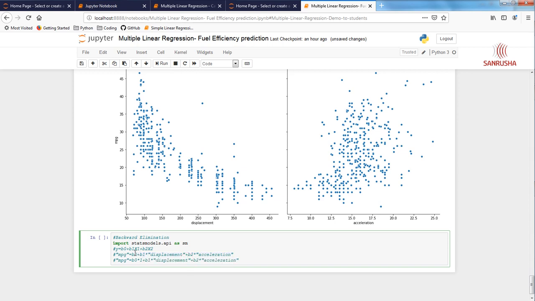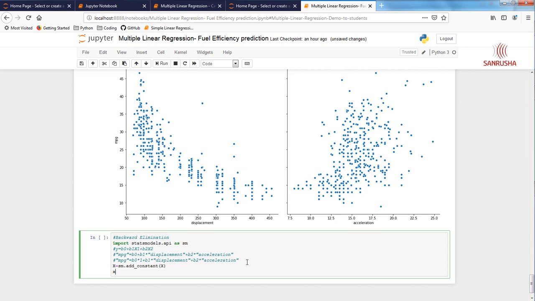That means we have to have one more feature added to this table, and that feature has value only 1. To add that, there is a very simple command. We're going to say x equals sm.add_constant, and that's it. It is going to add a constant column with value 1 to x.